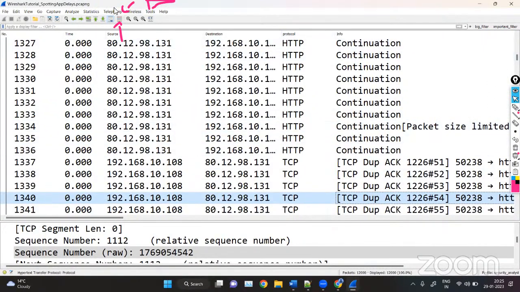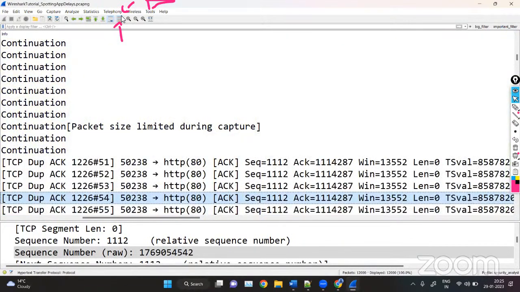And if you want to enable this back, you have to click on here, enable disable, enable disable like this. Okay, same as with auto scroll. So auto scroll is like it will keep on scrolling for the new packets when you are in the live capturing. So we can write